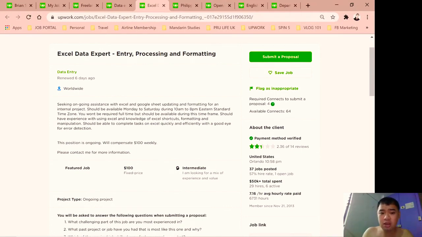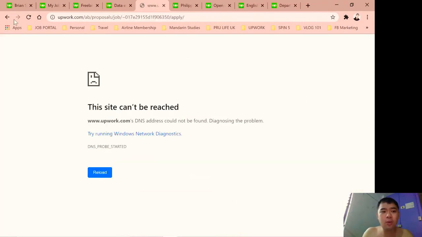So it's a good, if this job interests you and you wanted to try it out, then you can submit a proposal. Okay, just make sure that you have available connects. We'll have a separate discussion for connects para mas maintindihan nyo kung para saan yung connects whenever you try to apply for a job. Okay, if you are to submit a proposal, okay,